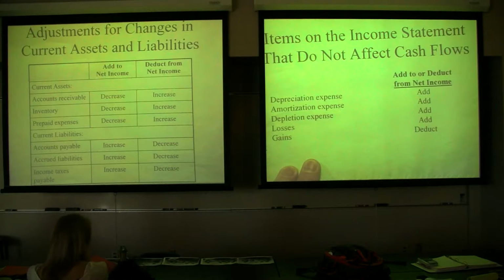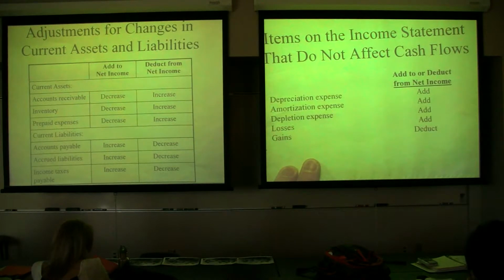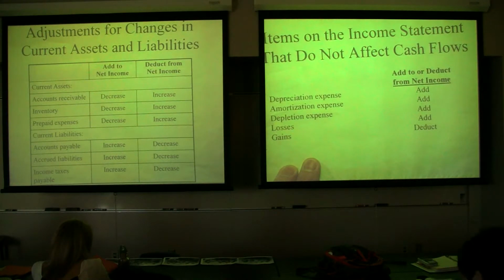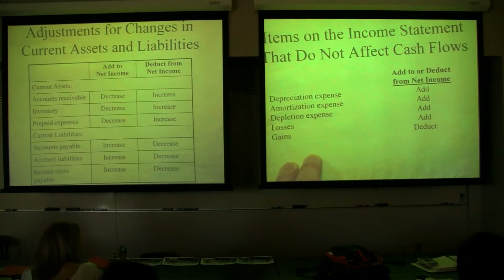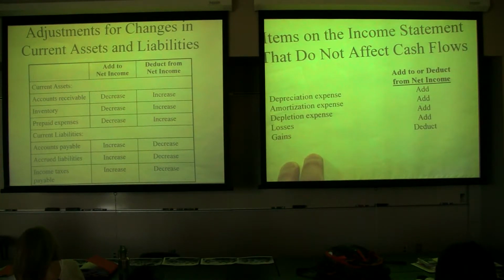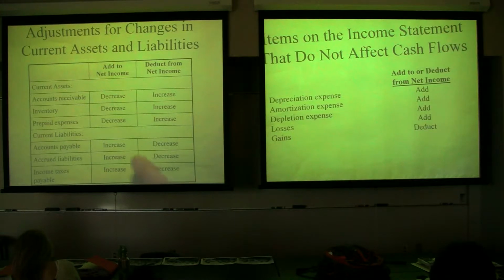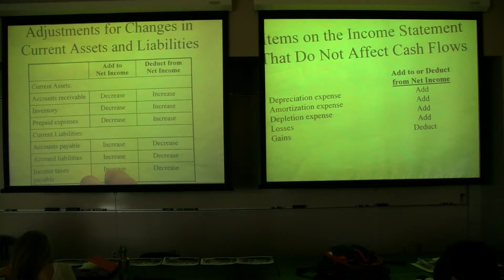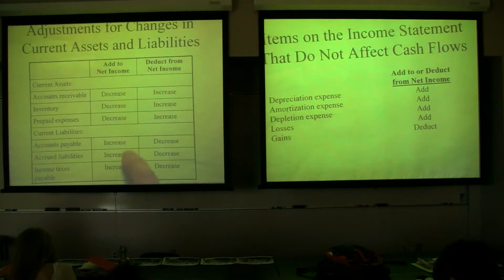If it was prepaid revenue, that would be the liability. Prepaid revenue would be unearned revenue, and that would be a current liability, so it will work like a current liability. Prepaid revenue, the name for that is unearned revenue. We're talking about increasing, right? So if unearned revenue increases,